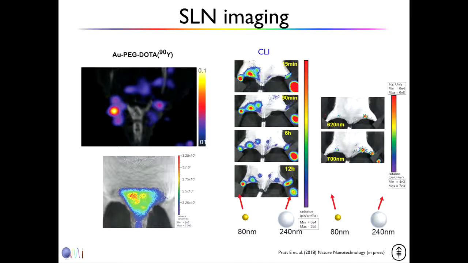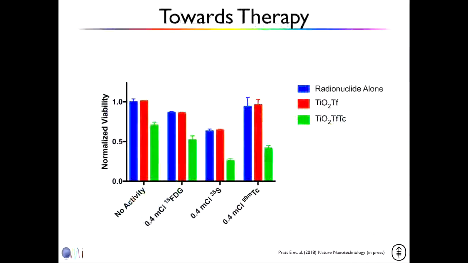And we also did this experiment where we looked at sentinel lymph nodes. Here we injected, I think this is europium, this is gold. The smaller particle travels much faster. You can see this one going up here, and this is still stuck here, and here's the injection site. And if you look at the 620, you can then spectrally, optically resolve where these particles are and look at the lymph nodes. This was another example you can do. And you can come up with all kinds of variations of the theme, where you can mix a radio tracer and a nanoparticle, and if they come together, you get a nice signal. You can actually then target certain entities and play this game further.